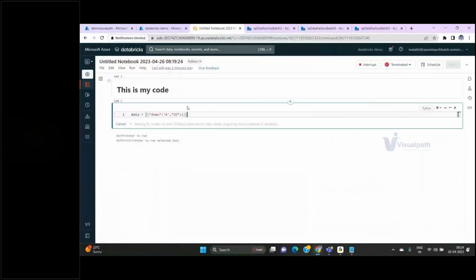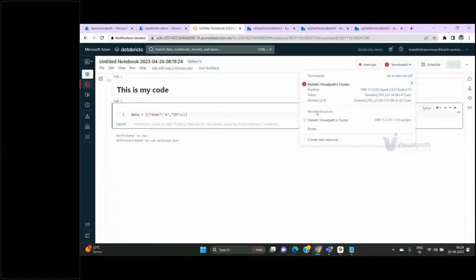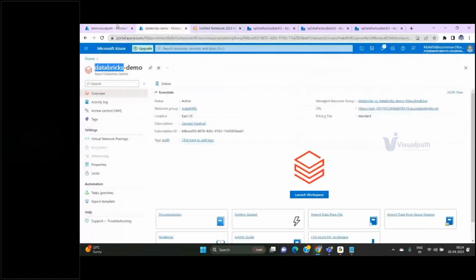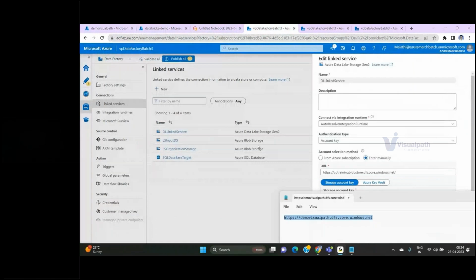Yeah, I think the cluster has terminated due to some issue, but yeah, it will start. So this is Databricks, storage, data factory. So let me know any doubt till now, any question. I think we will cover this topic demonstration in the next hands-on session. But till now, any doubt, any discussion,